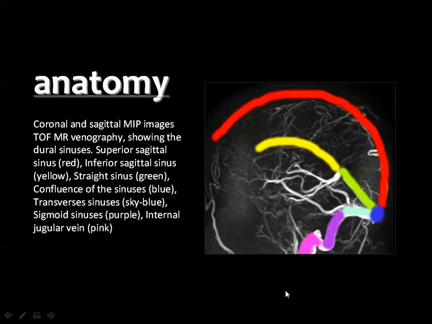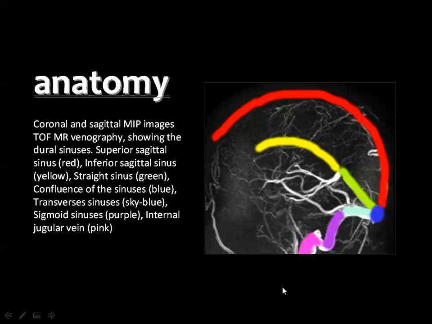Then if you look here, and we have said some of the information about the venous anatomy in the lecture of the CT and MRI brain anatomy, but we'll repeat some of the facts. This major dural sinus is the superior sagittal sinus, and this is the inferior sagittal sinus, and this is the straight sinus going to the confluence of the sinuses, then the transverse sinus, then the sigmoid sinus, and finally to